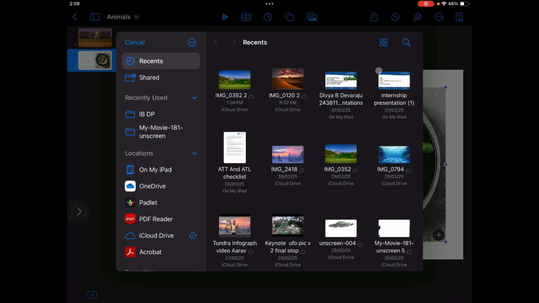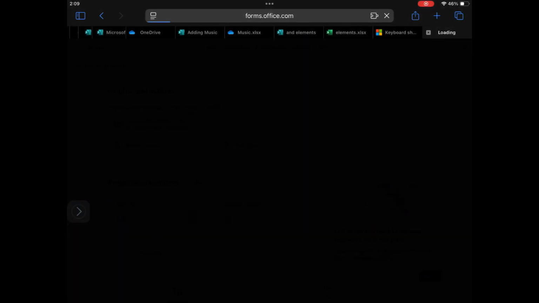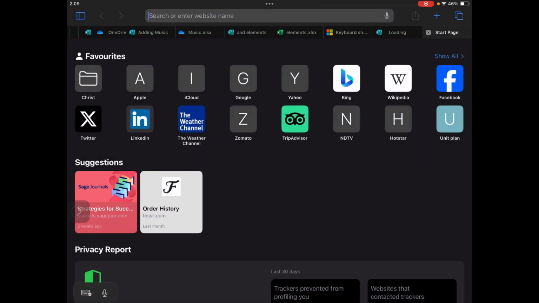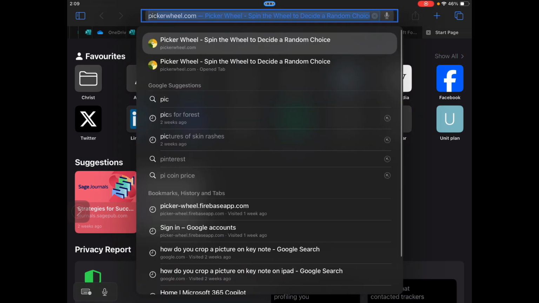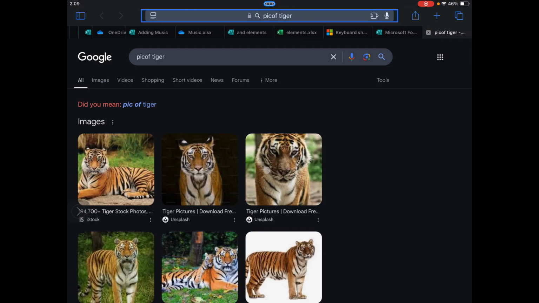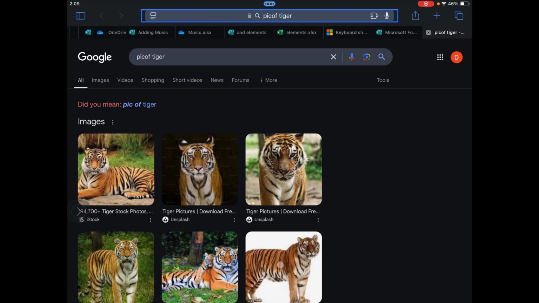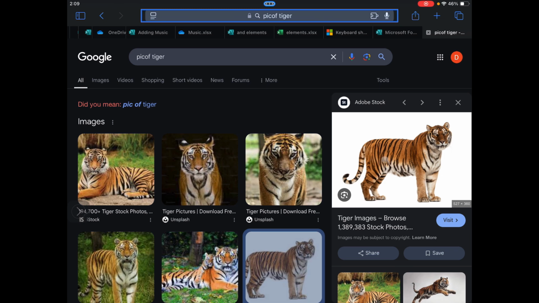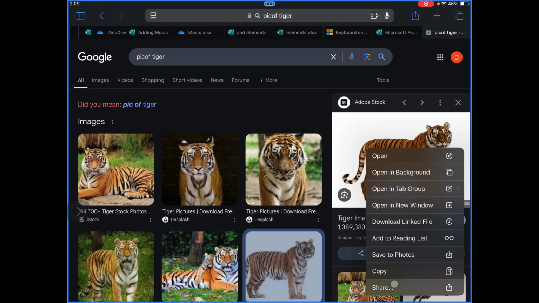Okay, so to insert the photo we need to download. So let's quickly download. I'm going to click on the plus sign here and search for pic of tiger. When I search for pic of tiger, here we have the picture of tiger. I'm going to click on this and then do a click and say save to photos